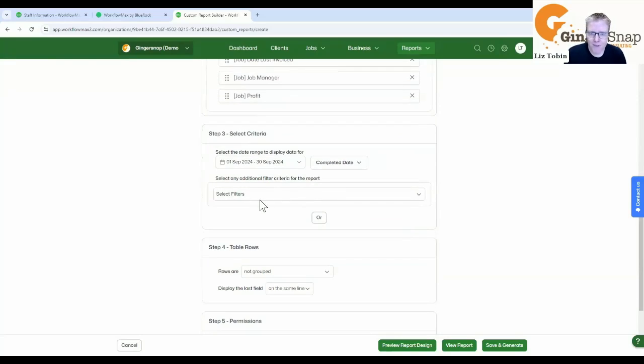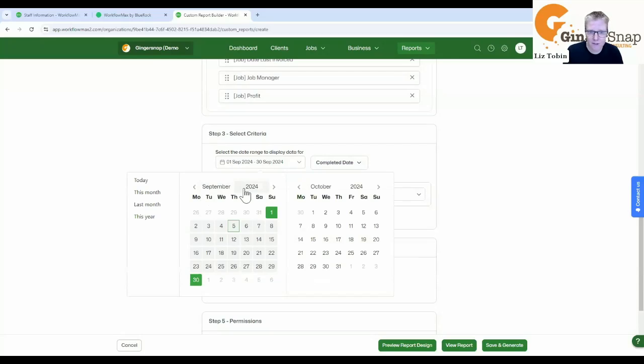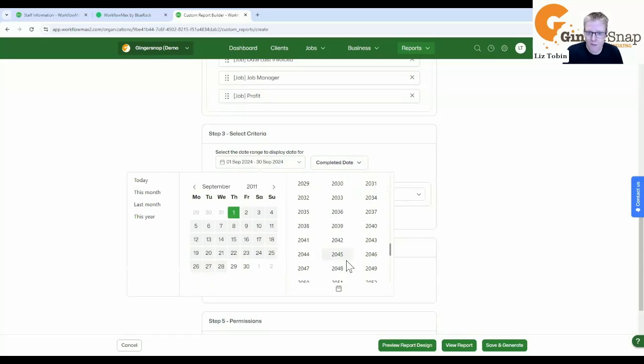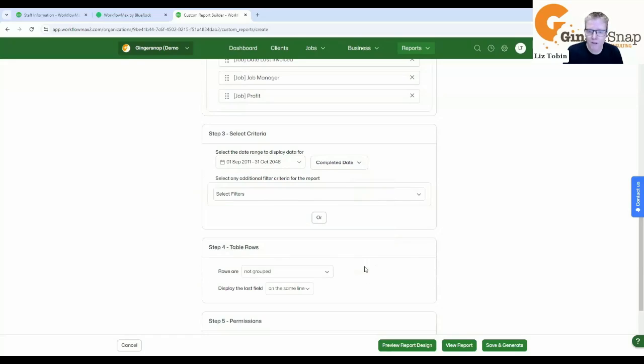Our criteria. So here's the famous date picker. I know this is confusing on a lot of tables, because there are a lot of tables where you think, I don't really care about the date, I just want all my jobs. So if that is the case, then just go right back in time. Just think of this date range as a first big scoop of data, and then you can narrow it down in the next bit. So I just randomly picked 2011,